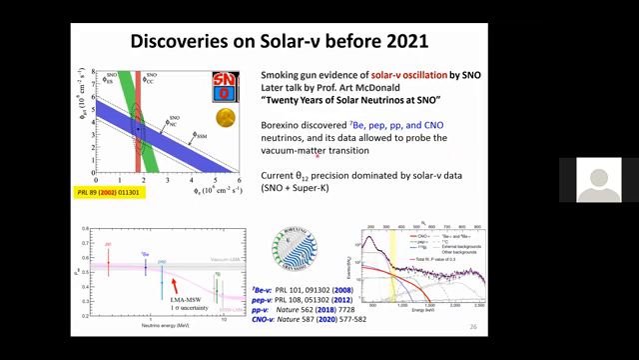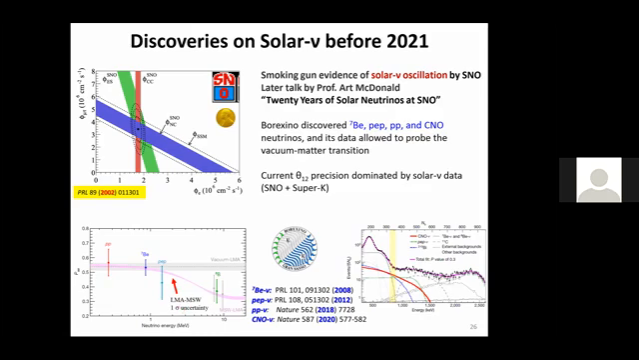So I have 2 more slides because this year is the 20 years anniversary of the solar neutrino oscillation discovery. So I talk a little bit about the solar neutrinos. You will hear more about this in Professor Art McDonald's talk. After the discovery of SNO, Borexino has pushed the extreme on these solar neutrino studies. It discovered the beryllium-7, PEP, PP, and CNO neutrinos source, and its data allows us to probe the vacuum to matter transition